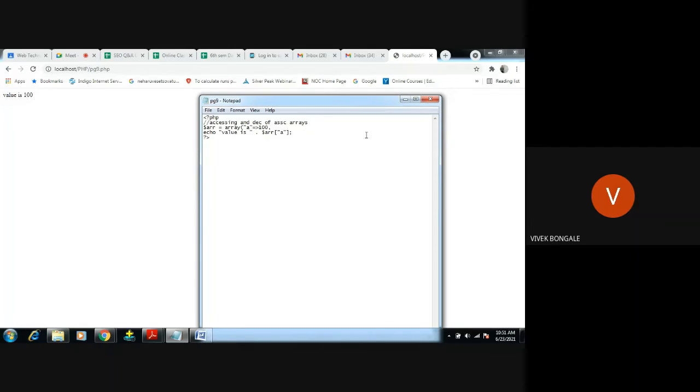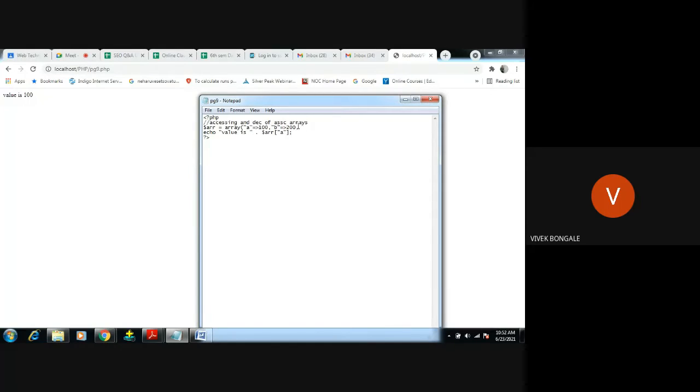It has created an array where the index value becomes A, and 100 is the value for that index A. So we can say it is a key here; in PHP we call it a key. Now second, B equals 200, comma. For one variable, we are creating more than one value, and we are giving keys as strings: A, B, C.